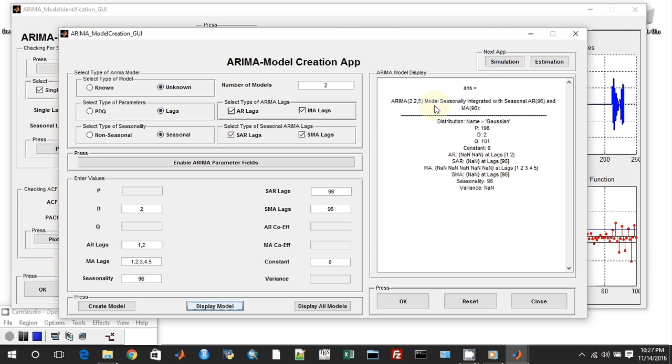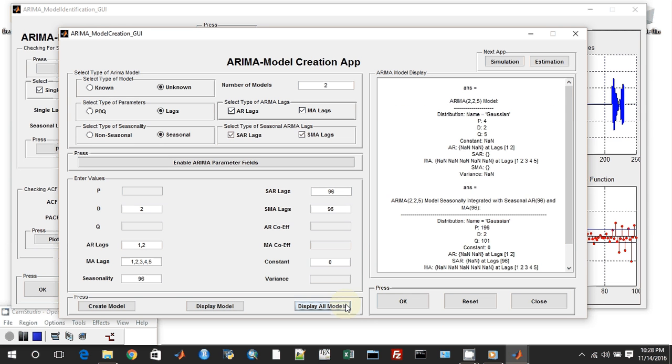and this is the model which we have over here, and whatever we are using is represented in a proper format in this text box. So we can display all the models, as we have completed creating the two models which we wanted to create, and we can see them. Okay, now we can just press OK so that these models are transferred to the next window,